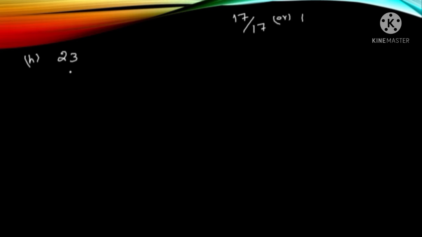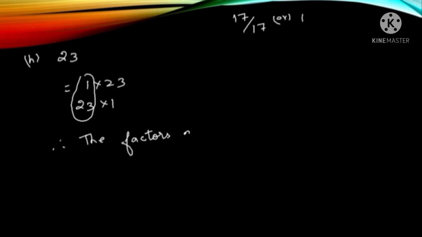So any number that is divisible only by its own table and the 1 table, we call that a prime number. So its factors are 1 and the number itself. So that we call a prime number. So a prime number is a number which has only 1 and itself as factors. So here 23 is a prime number because 1 23s are 23 and 23 ones are 23. No other tables will have 23 as a product. So 1 and 23. Therefore the factors are 1 and 23.